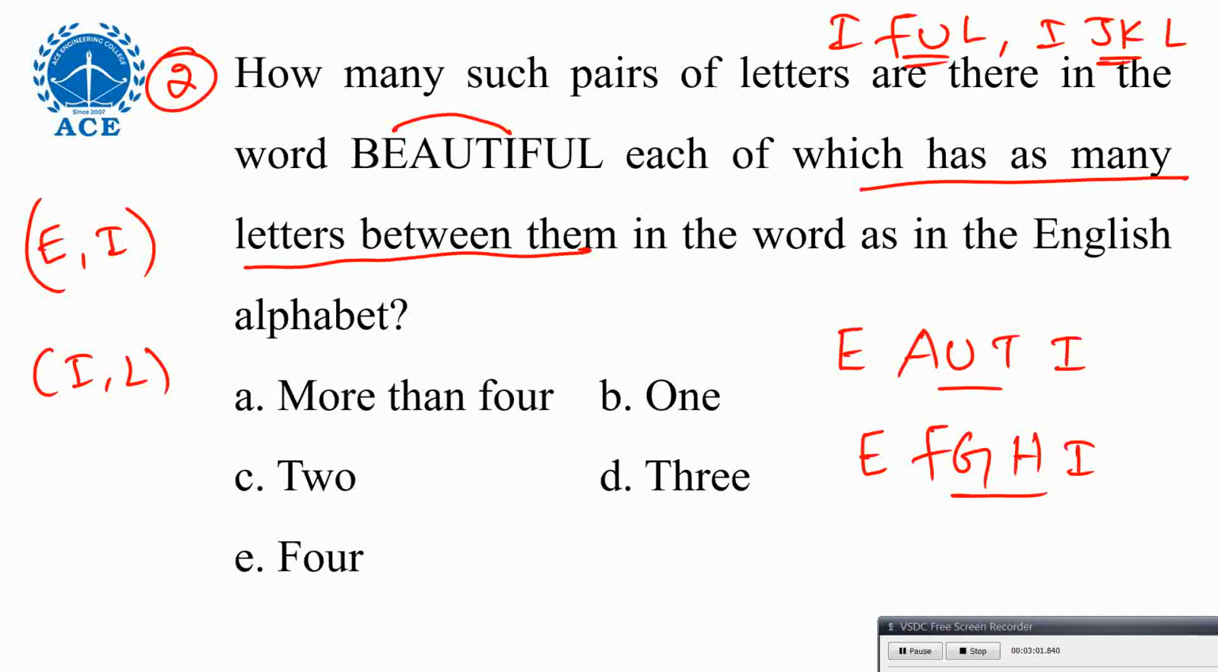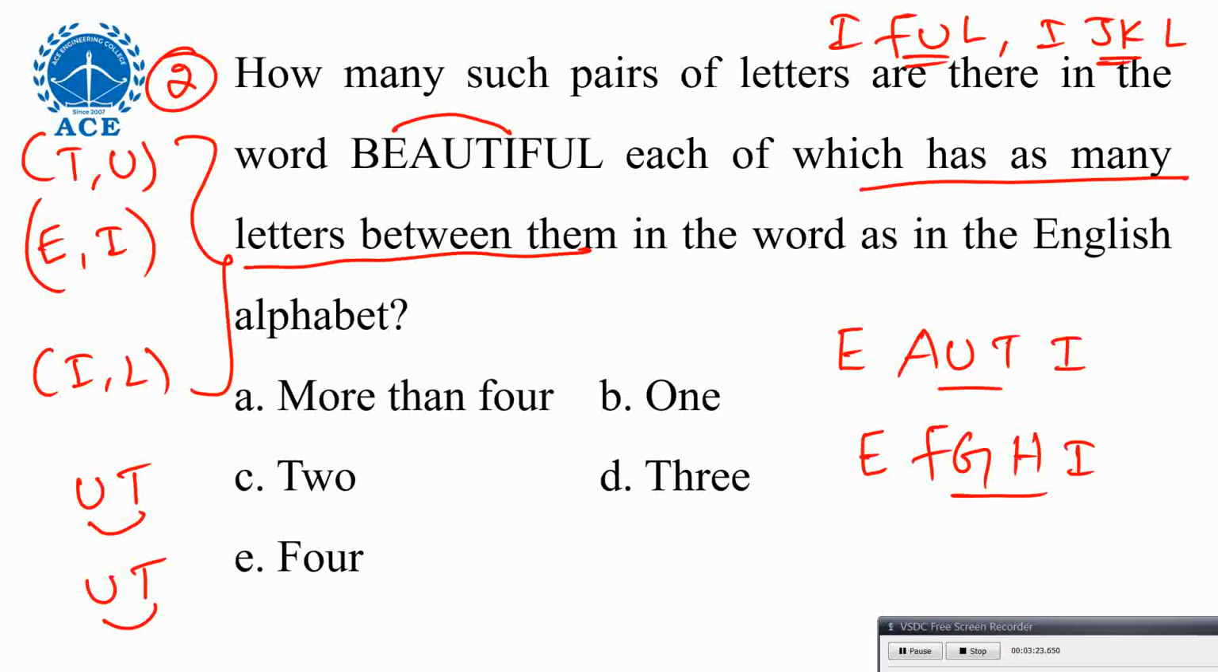Here they didn't mention same order. Same order not mentioned means you can go reverse also. So U and T or T and U. Generally between T and U there is no letter gap, and in reverse there is also no letter gap. We can consider T and U. Super. Next,